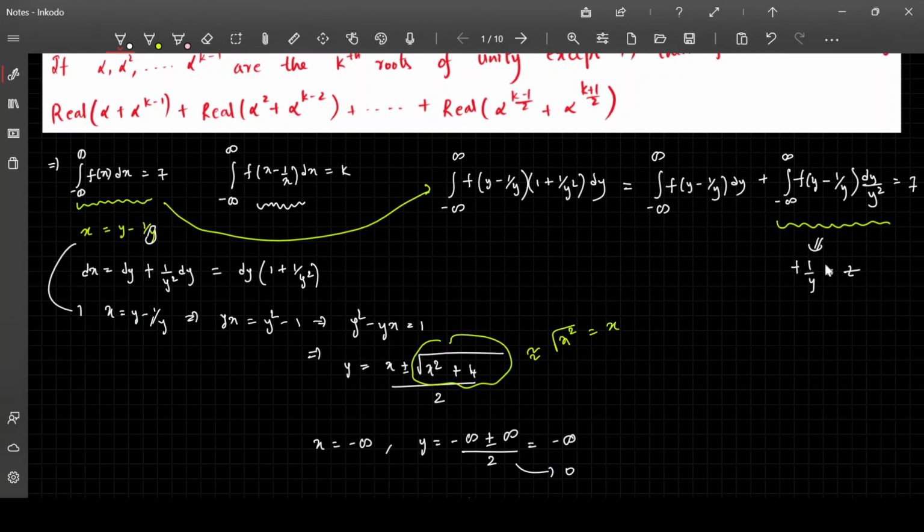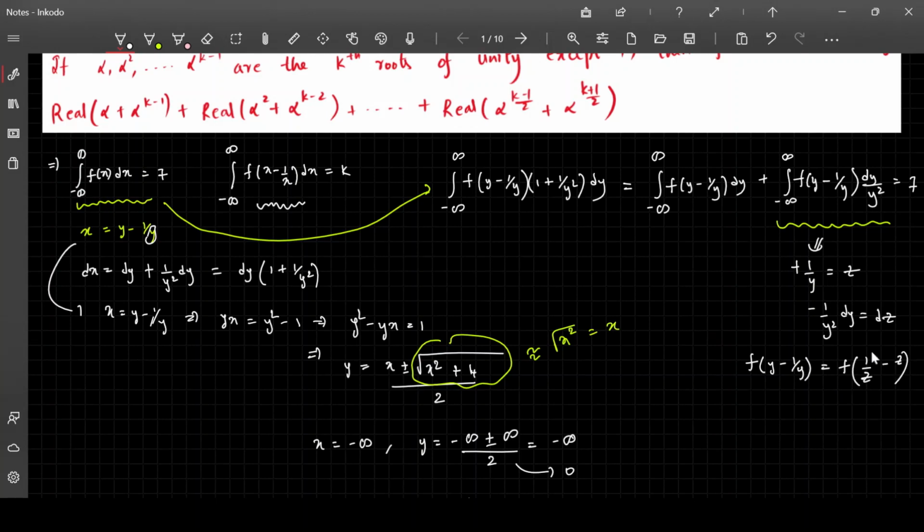so that's the reason I don't want to write it that way. So I'll just put 1 by y is equal to z, then it becomes minus 1 by y square dy is equal to dz, okay. So this is what we're going to get, and now if that is the case, f of y minus 1 by y would be f of... so, minus 1 by y, there's some mistake, no, yeah, 1 by y is equal to z, right? So this would become y is equal to 1 by z, and so this would become 1 by z minus 1 by y is equal to z, yeah.